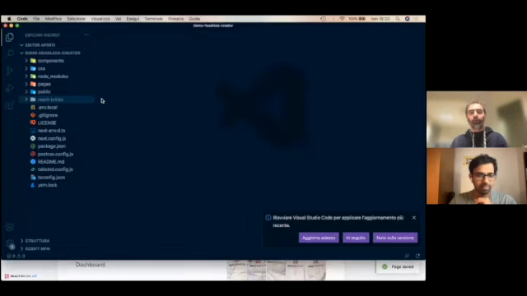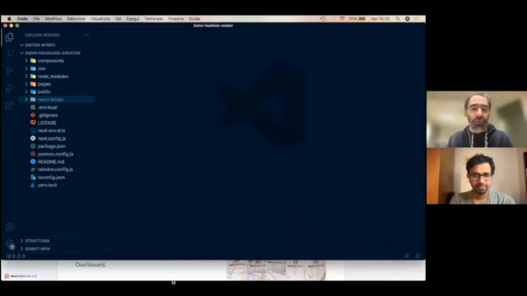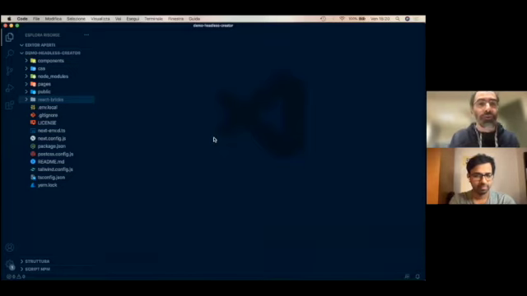This is a Next.js project. Of course, you can have also Gatsby. There is also a starter with Create React App, but of course, for a website, you will choose Gatsby or Next.js to have better SEO.